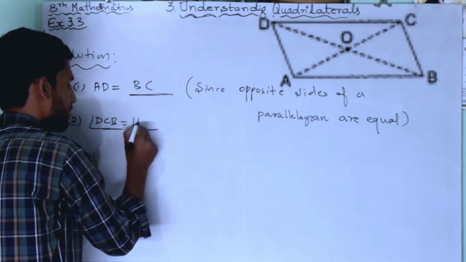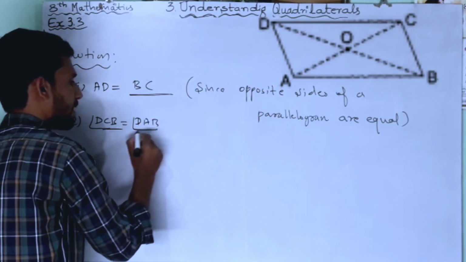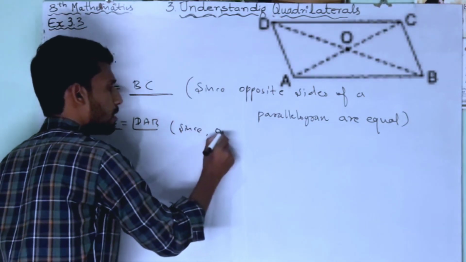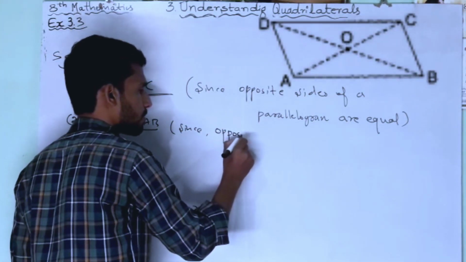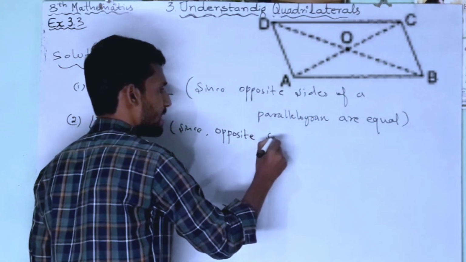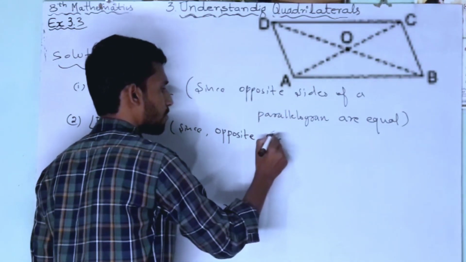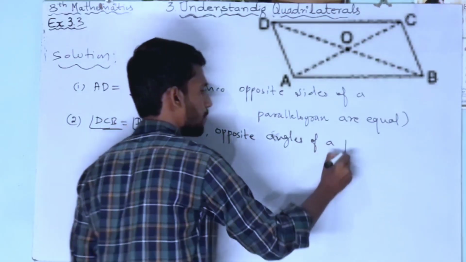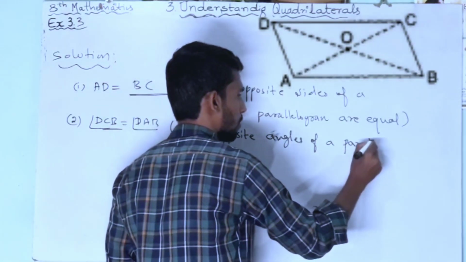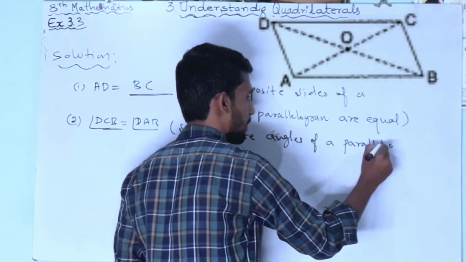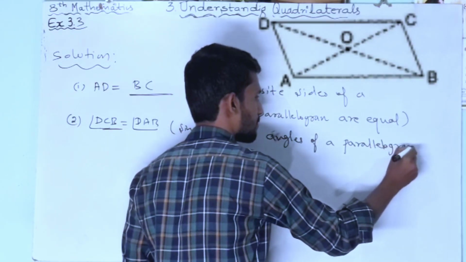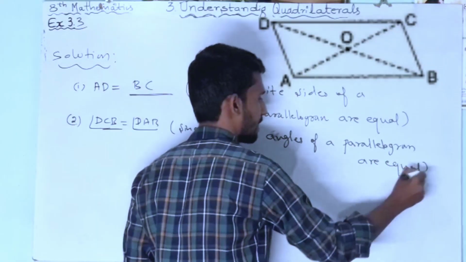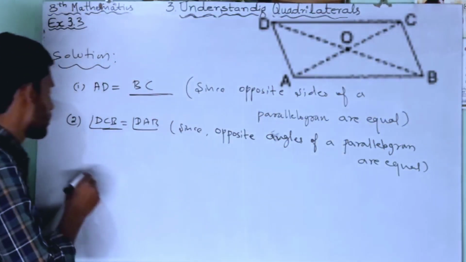We can write DCB and DAB are equal because since the opposite angles of a parallelogram are equal. This is the solution. Next,